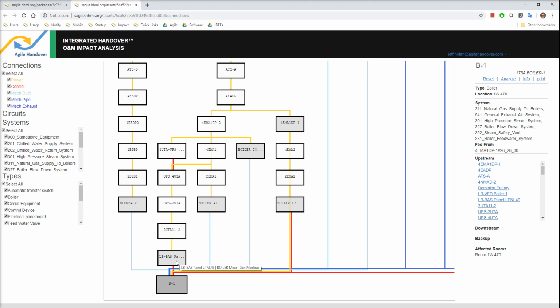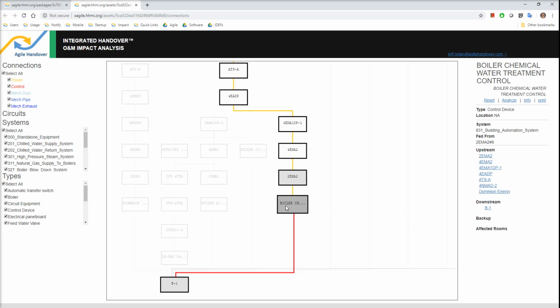so that the engineer can figure out what's causing problems. Is it the blowback valve? Is it the chemical water treatment? Which makes sense considering it's something with the exhaust and some of the quality of the water and the vapor that's being exhausted. So if we click on this boiler here, the chemical treatment control device, we can see which